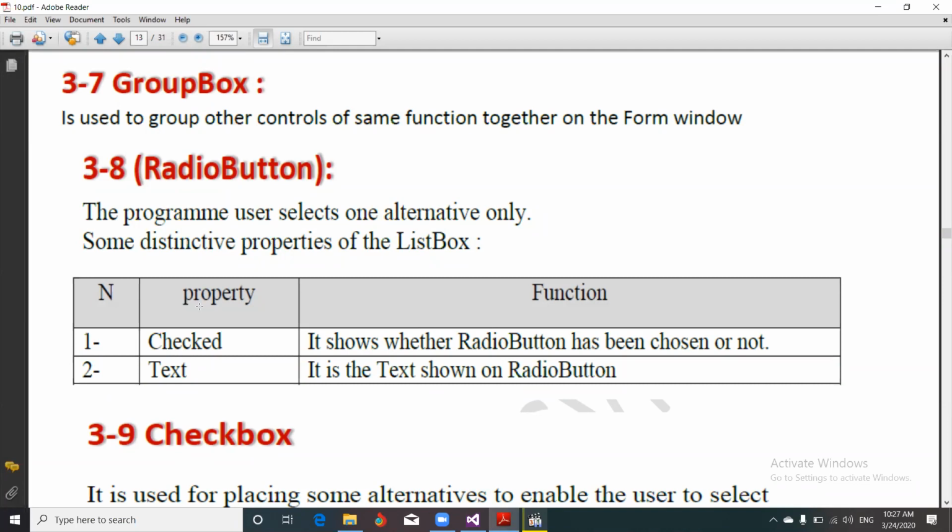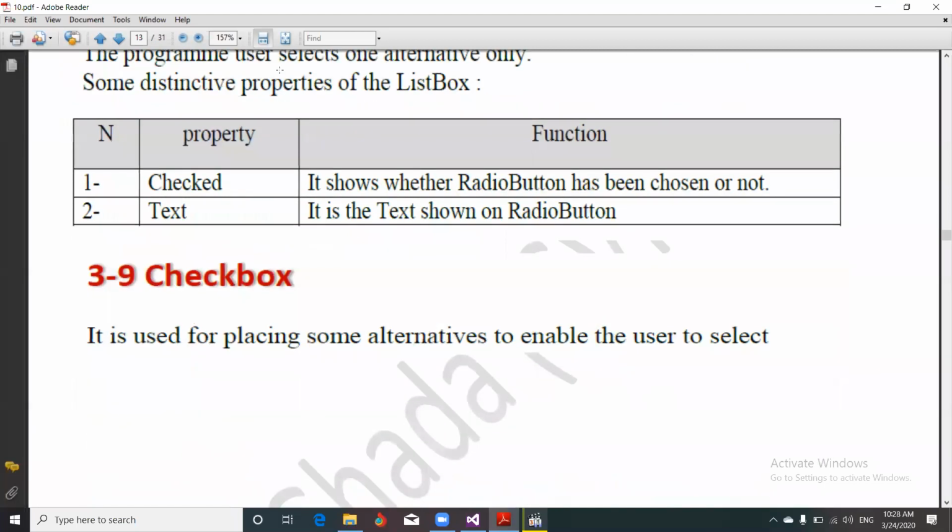Then the radio button. The radio button is, I have also many lists, but I only can choose one item inside this list. So the first property in it is checked. It shows whether the radio button has been chosen or not. And the text that appears to the user to choose this button. And the last one is the checkbox, which is making tick on one or more of the chosen items in this